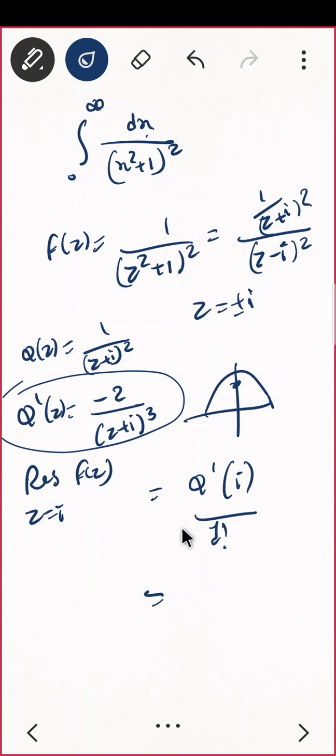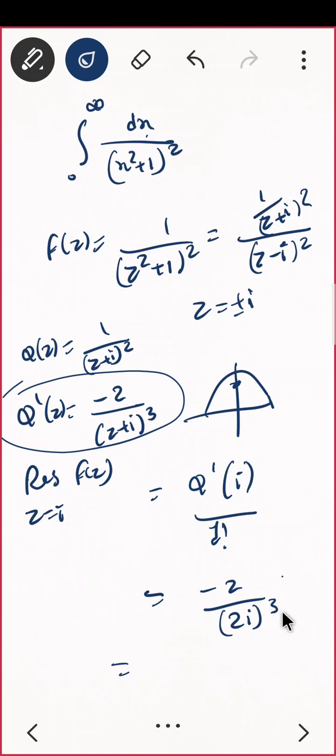Phi dash of i will be minus 2 upon 2i the whole cube. So the 2 cancels. So i cube, i square is minus 1, so it is minus i, and again if you multiply by i in the numerator and i in the denominator,